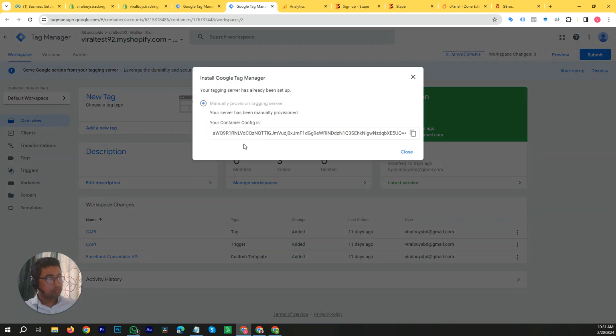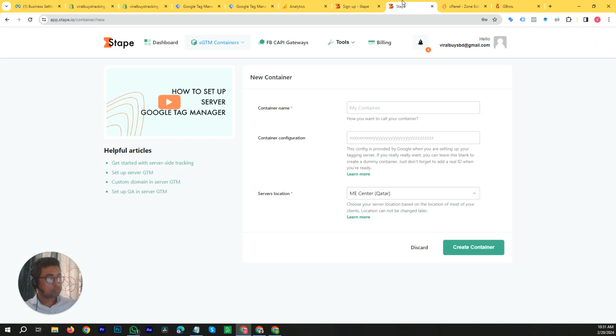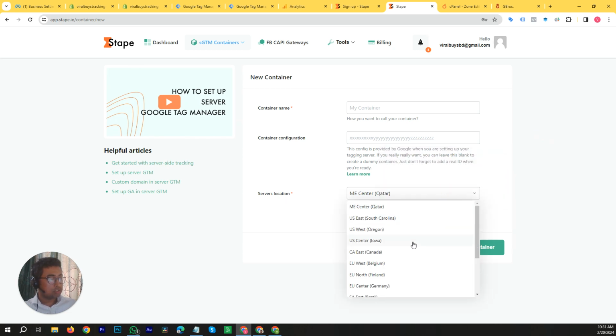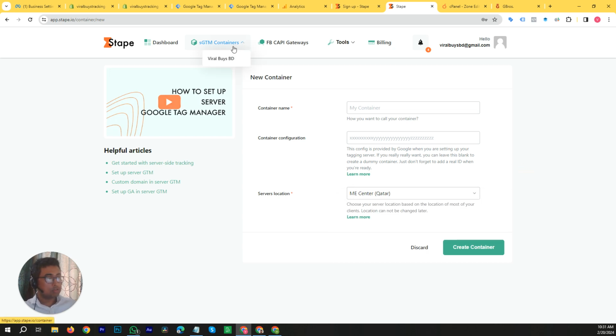If I click on this, I will get this option to manually provision tagging server. Here the container config code, I just need to copy it and paste it in container configuration. In the server location, I will select any EU located server. If you would like, you can give me your preference. I saw your website has German language in it. Maybe this would do best for you then. Okay, once I have created the container,